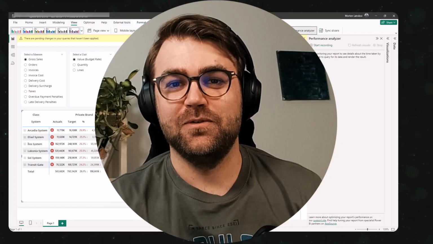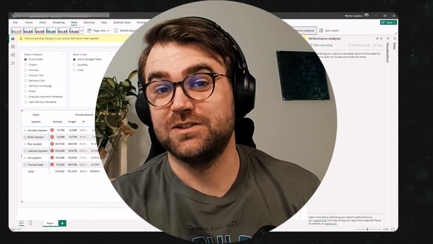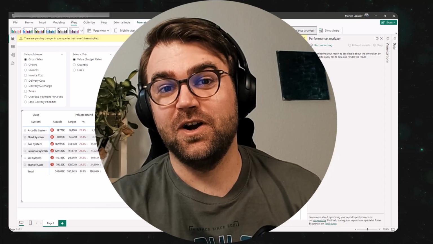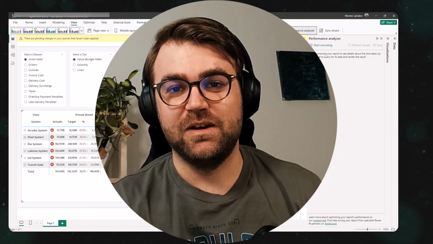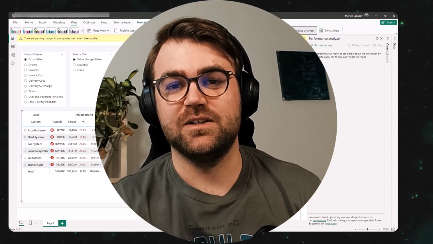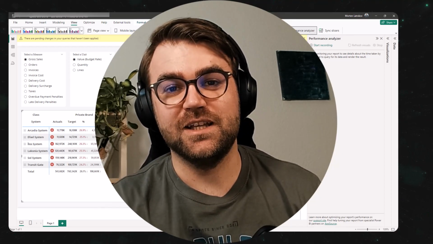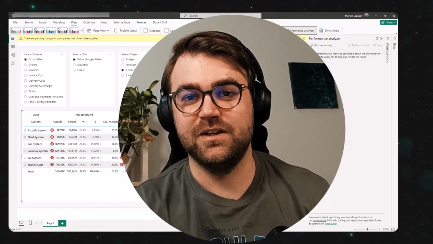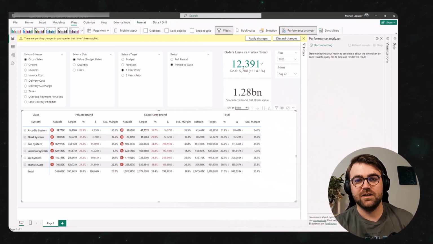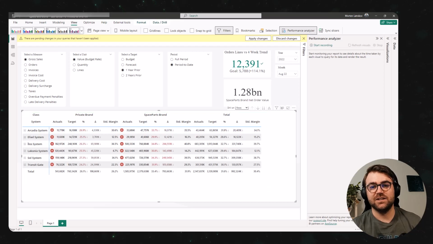The Power BI Performance Analyzer can, as the name suggests, be used to understand the performance of your visuals in Power BI. However, we can also use it to evaluate how the DAX in your measure is being used by the visuals. If we take a look at the report that I have here, we can see in the lower part a matrix that contains 4 different measures across 2 different dimensions. Now, it's not looking so great performance-wise,